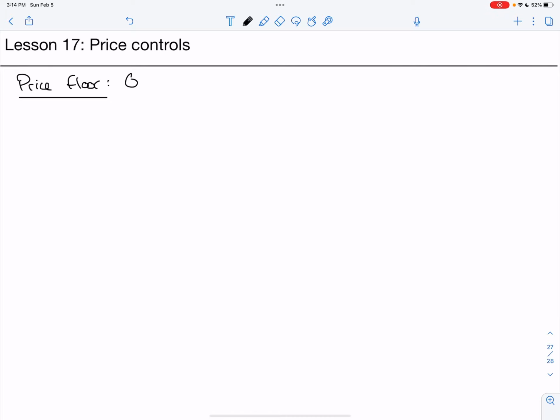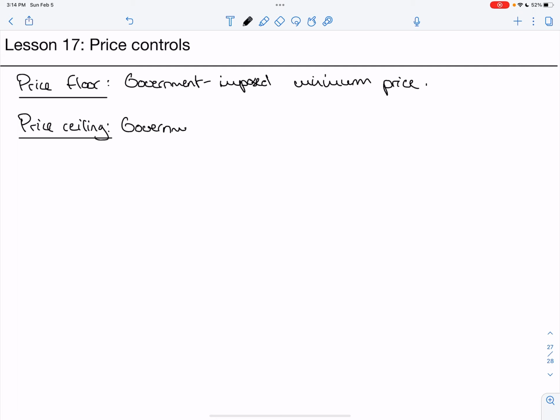is simply a government-imposed minimum price, okay? And the price ceiling is just the opposite. Okay. Price ceiling is a government-imposed maximum price. All right. So in the case of a price floor, the government says to firms, you are not